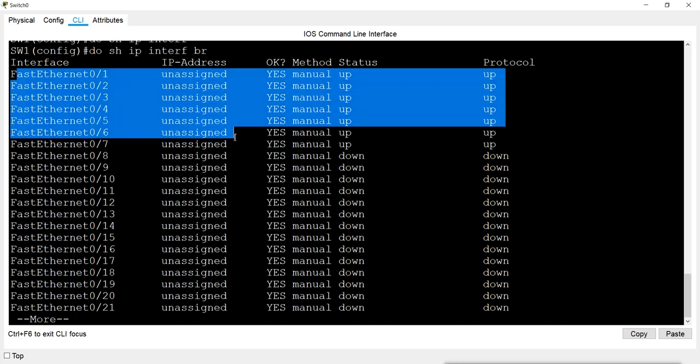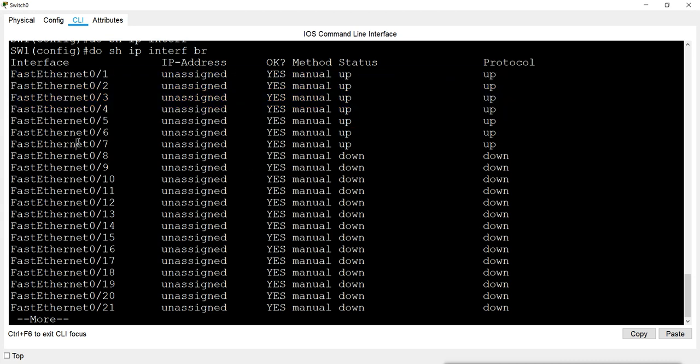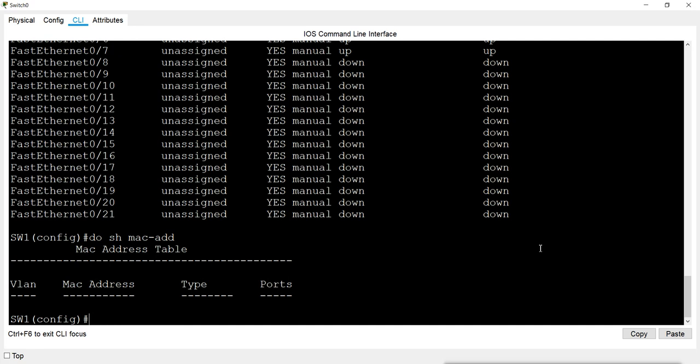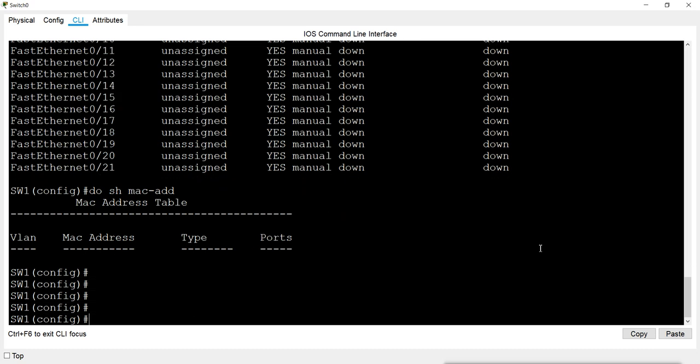Six ports are connected to those six machines, and the 7th port is up, which is connected to the other switch. We can also check the MAC address table. It is empty, but if we could see it, it would show which port belongs to which VLAN. Now I will go to that port.